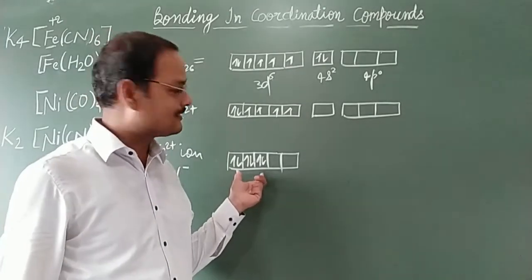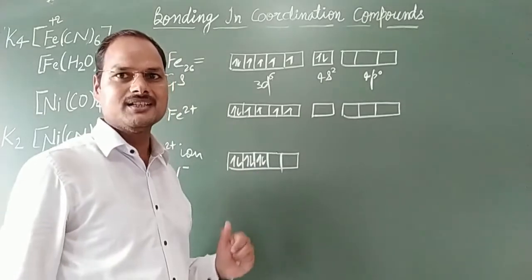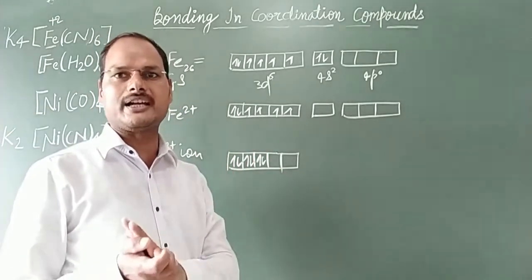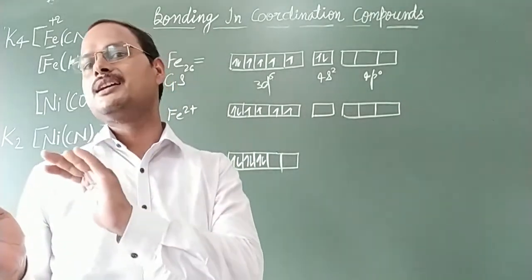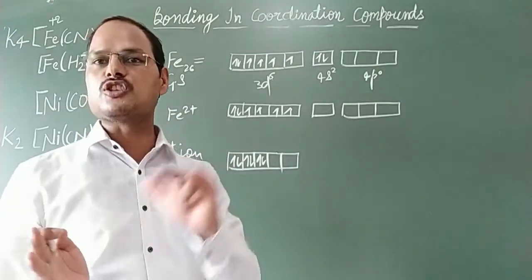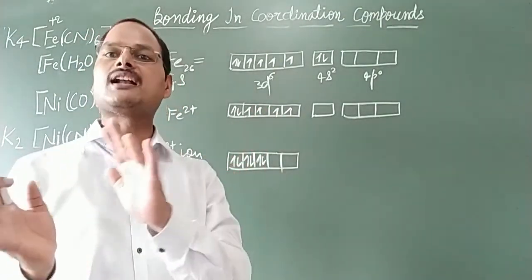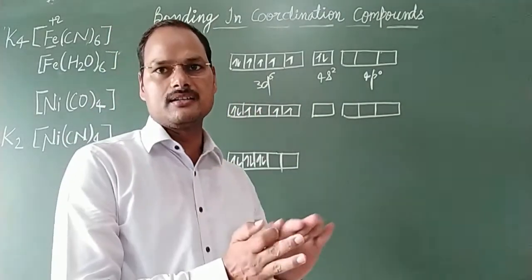each. Why is this type of phenomenon taking place here? Once again I am explaining, those ligands which are strong in nature, having more negative charge, can repel the electrons of the central metal ion or atom. If they are unpaired in any orbital, they will become paired.